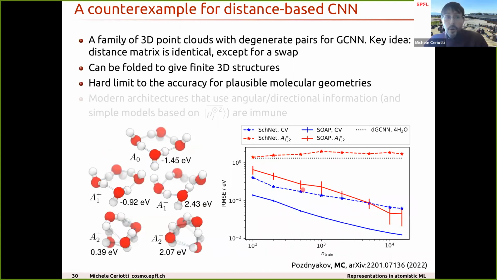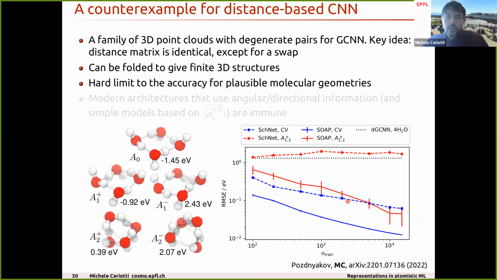And you can build plausible molecular geometries. These are structures that correspond to little clusters of water molecules, so very reasonable structures that are comparatively stable. And these two structures cannot be told apart by the standard first order graph convolution neural networks that are used in chemical machine learning. And this means that if you try to build a machine learning model for water clusters, which is a very reasonable exercise,